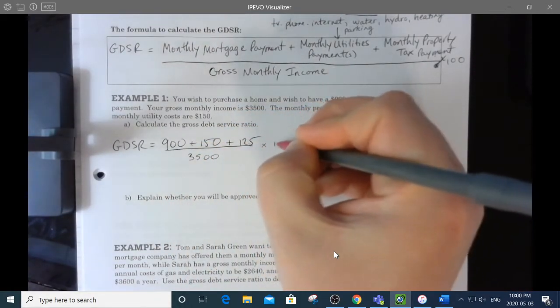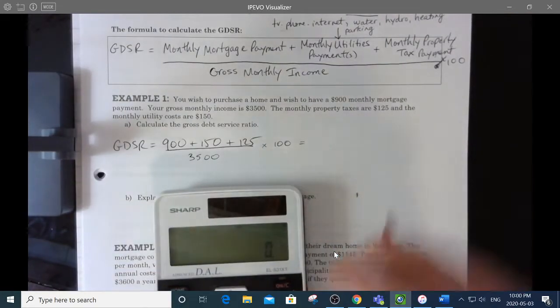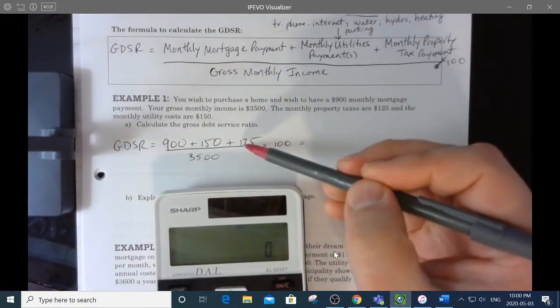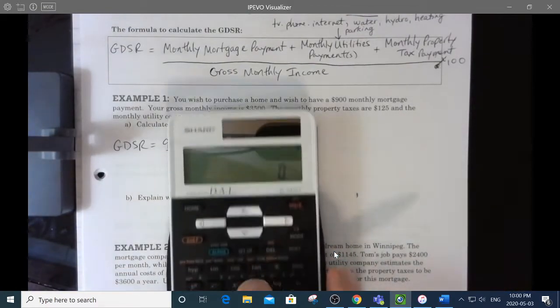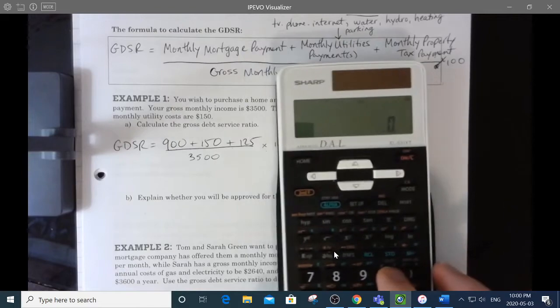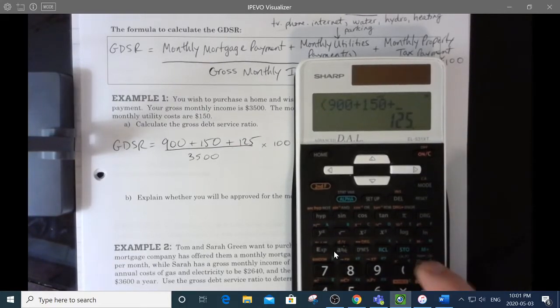So I'm going to add that up and times by 100. Now be careful when you're doing this calculation. Remember that your calculator is scientific. It will want to do this divide before these adds unless I use a bracket for the add. So I'll use a bracket. Open a bracket, 900 plus 150 plus 125, close the bracket, divided by 3,500, and then times by 100